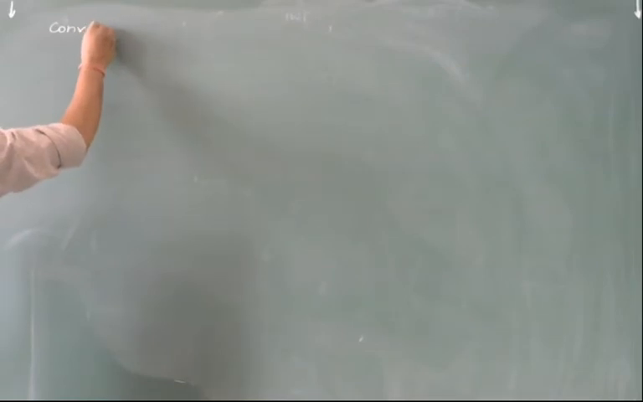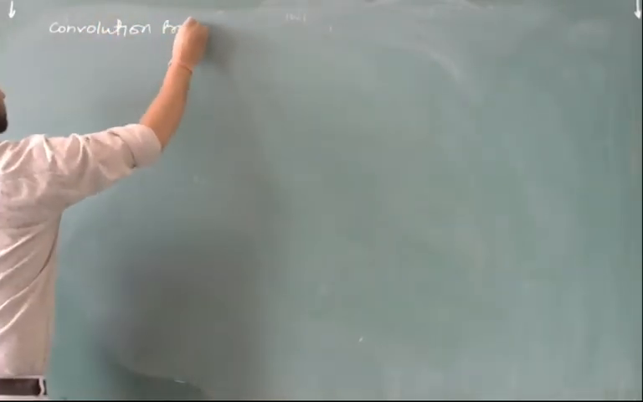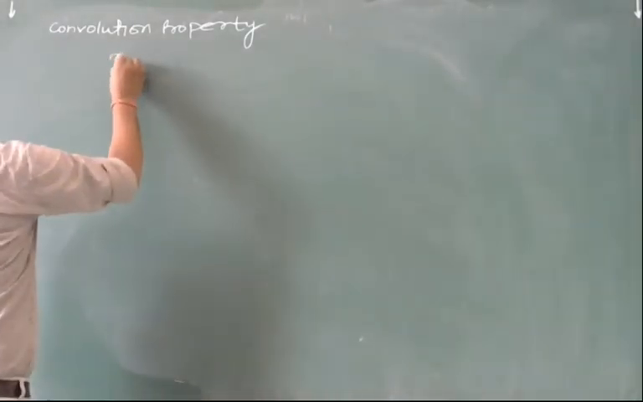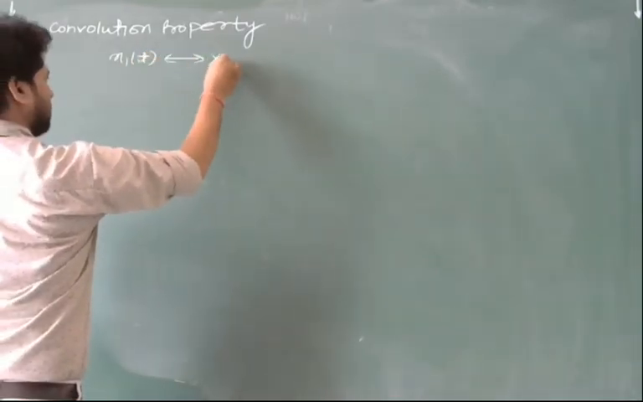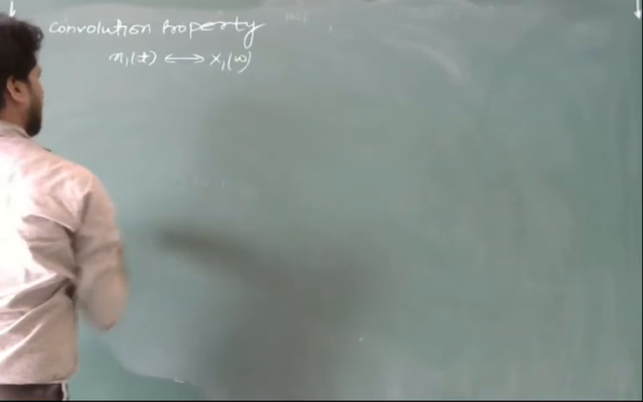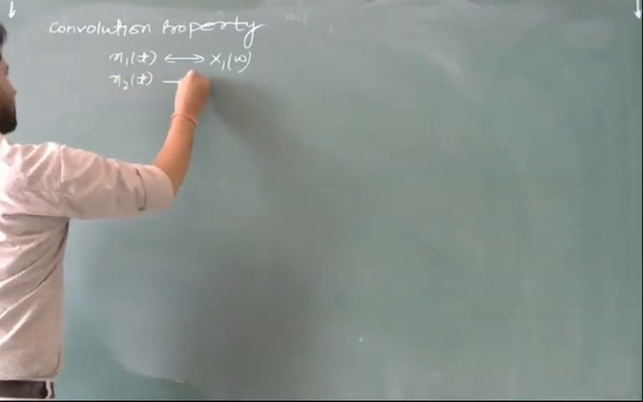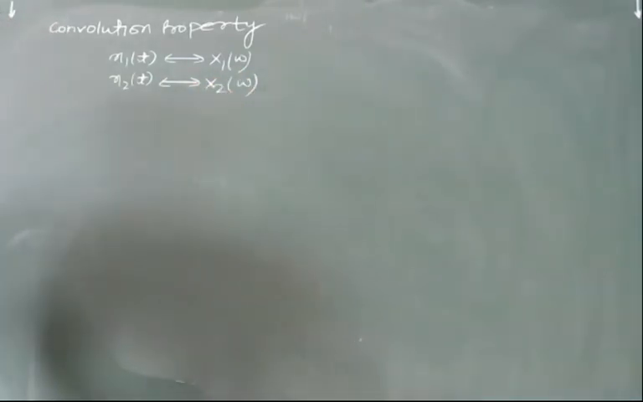Now, convolution property, a very important property of the Fourier transform. The next is the convolution property. The convolution property states that if the Fourier transform of a signal x1(t) is equal to X1(omega) and the Fourier transform of the signal x2(t) is equal to X2(omega), then